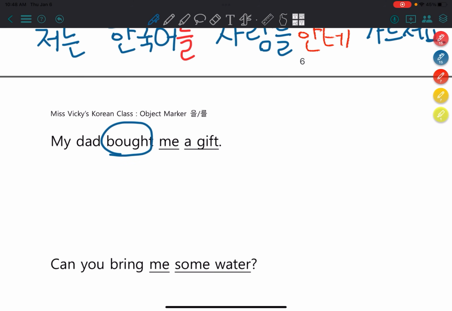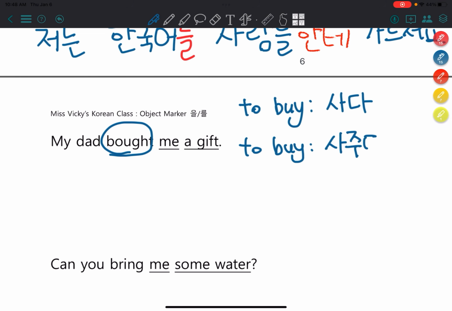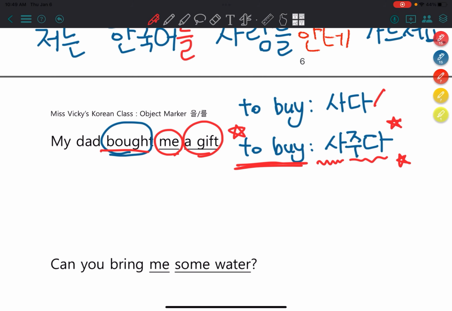How about bought? So to buy in Korean is 사다. And when we use buy as a bestowal verb, that means to buy someone something, it has a different form, which is 사주다. 주다 is an auxiliary verb that can be attached after a present conjugated verb. And this is the grammar that you're gonna learn as you advance further. But anyways, in this sentence, it's bought someone something, so we have to use this bestowal verb, right? Not 사다, 사주다. So my dad, 아빠가,